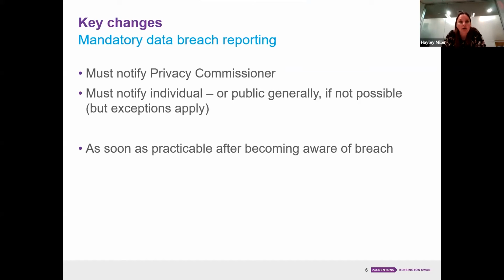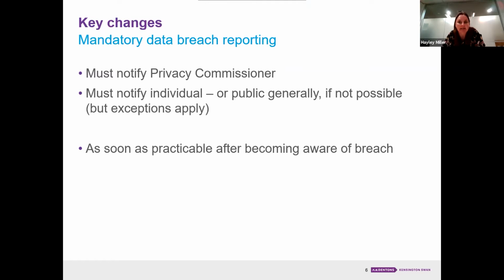The kinds of things you have to notify are quite specific and they're listed in the Act. I haven't listed them here. Obviously, you're all able to click on that. The Privacy Commissioner on the OPC website is trying to make it an easy process as well. Obviously, they want to streamline at their end how they receive the breach reporting.